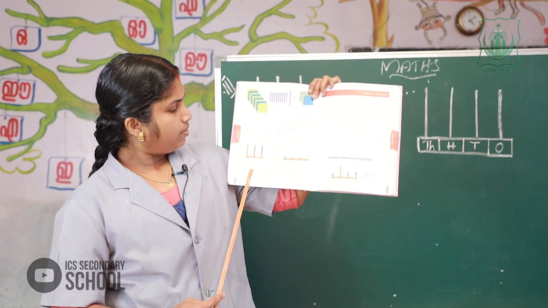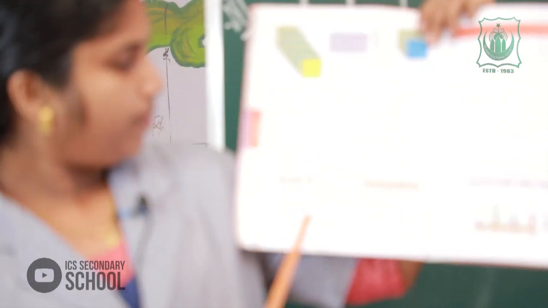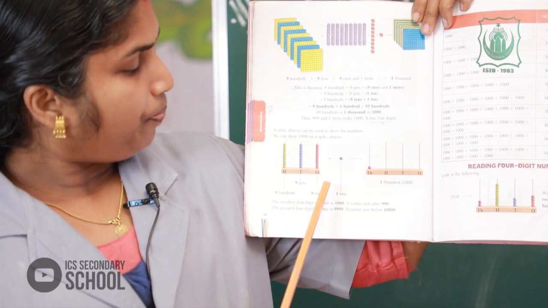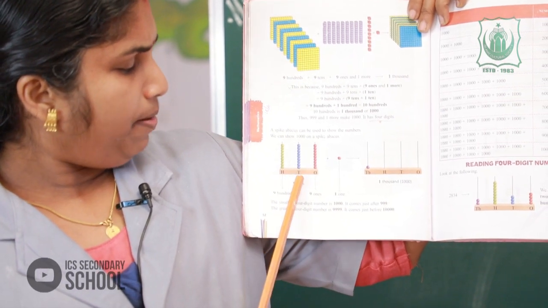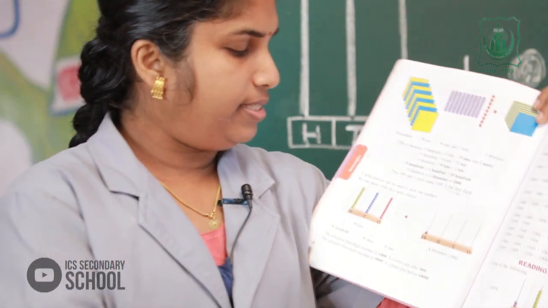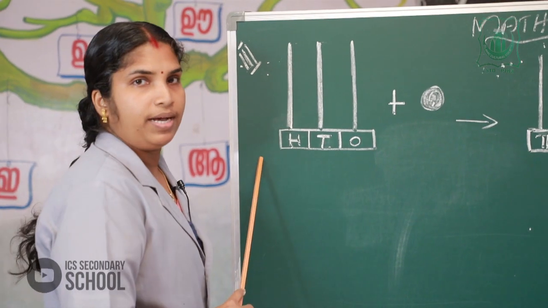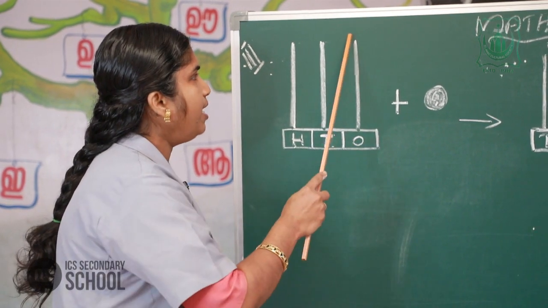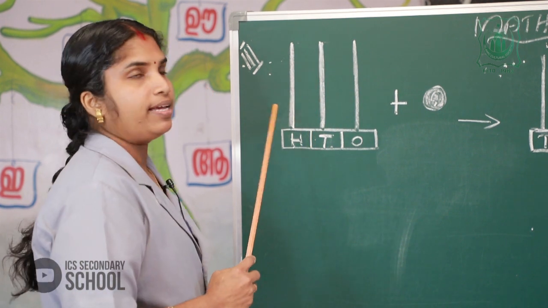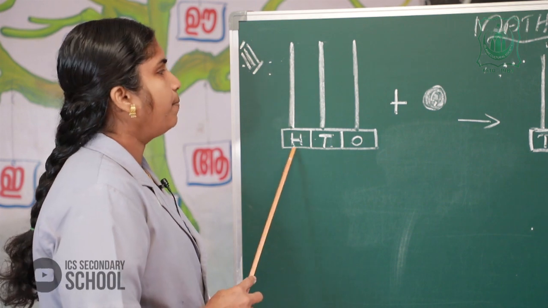Can you see this? Here, this is the spike abacus. Here we note the ones place, 10 place and 100 place. Please listen, this is the picture of the spike abacus. This is the 1 place spike. This is the 10 place spike. The third one is the 100 place spike.